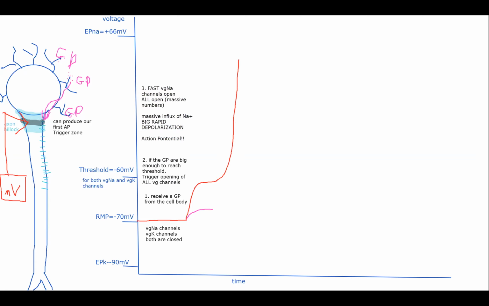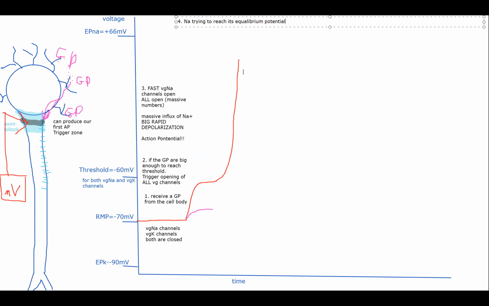Because remember, sodium is trying to reach its equilibrium potential. Sodium is trying to reach its equilibrium potential with that massive influx of sodium. All right, we've got our big positive signal. We've got our action potential. But as we've kind of hinted at,